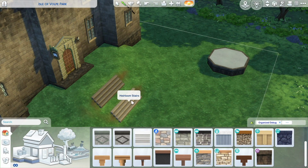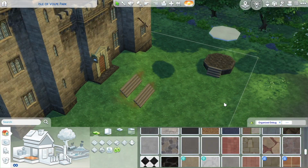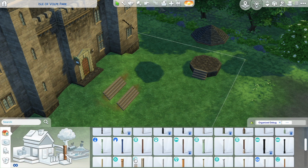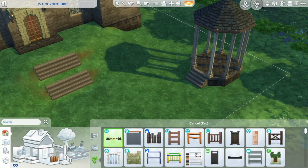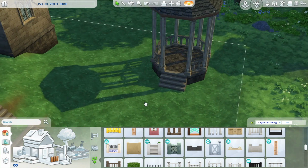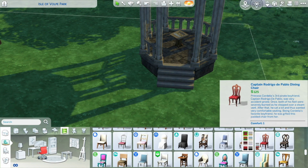I wanted to add a little gazebo on the outside just to, again, just make it feel even more grand and like old looking and all of it. And I really enjoyed it. This is a gazebo that has a chess table. Lots of chess in this particular lot. If you are on the chess club in university or in high school years, whatever it is, you have plenty of options in this particular library. But yeah, I add a little chess moment over here